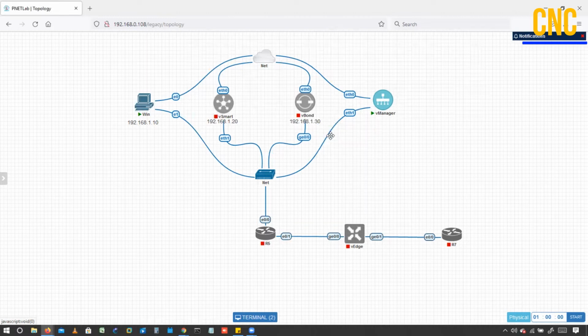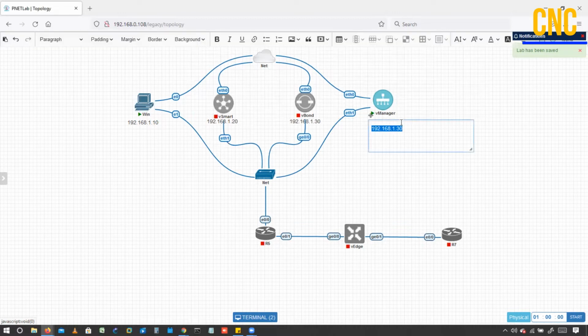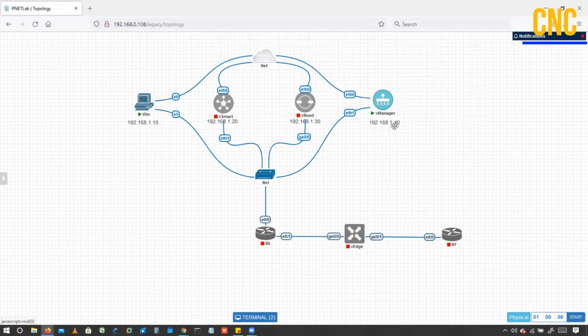And finally, vManage, I will take 1.40. And this router also needs an address, so let me take 50.